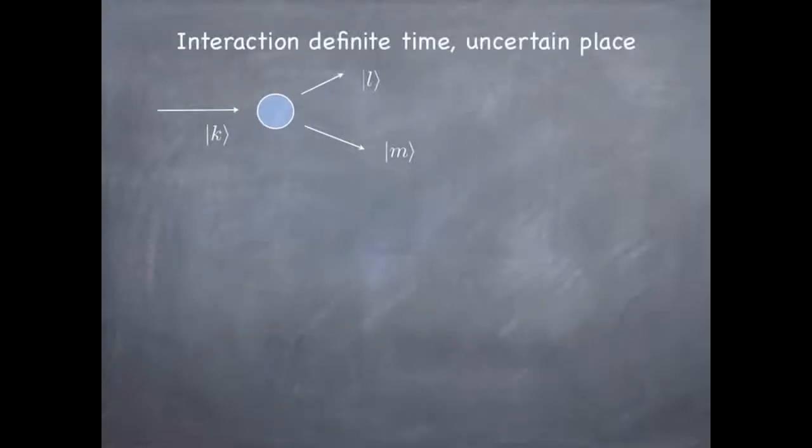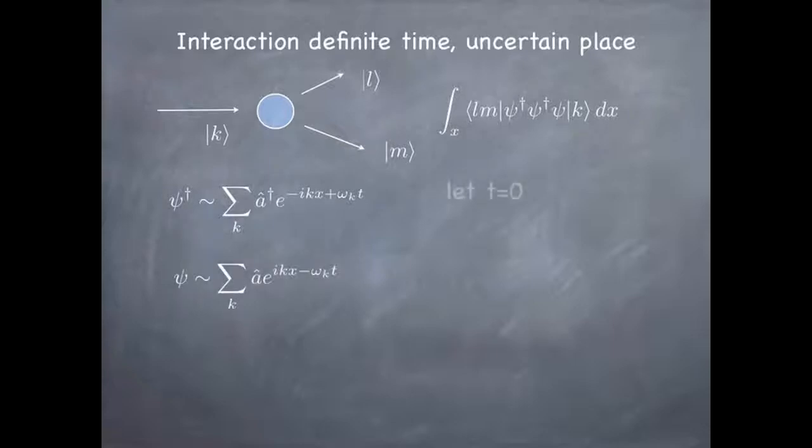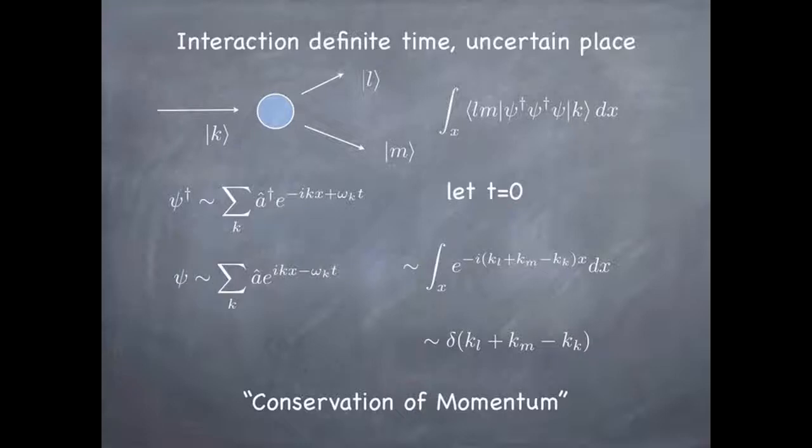Similarly, what if I have an interaction at a definite time but in an uncertain place? In a similar way, we're going to have to integrate over all the places where this could happen. But if I know when it happens, I can just put in t equals 0. And again, I'm going to end up with an integral, but this time it's going to be an integral of e to the i(kl plus km minus kk)x. In other words, it'll be an integral that looks like a delta function, but it's a delta function that ensures conservation of momentum. So the moral is that if I have a process that I don't know where it's going to happen,